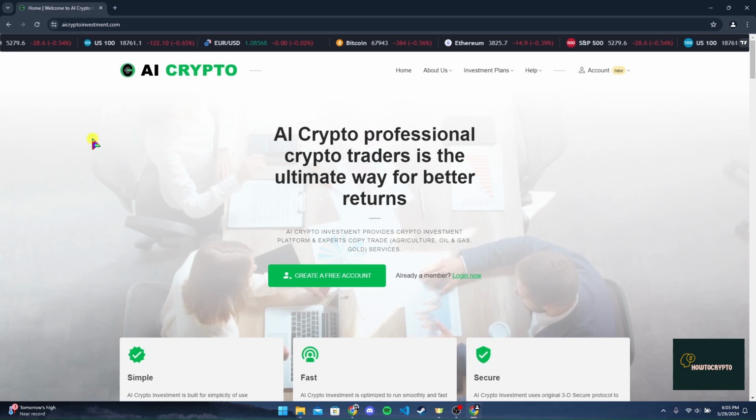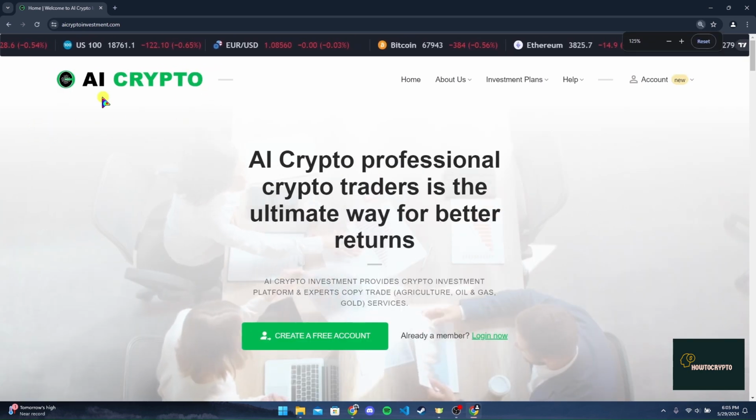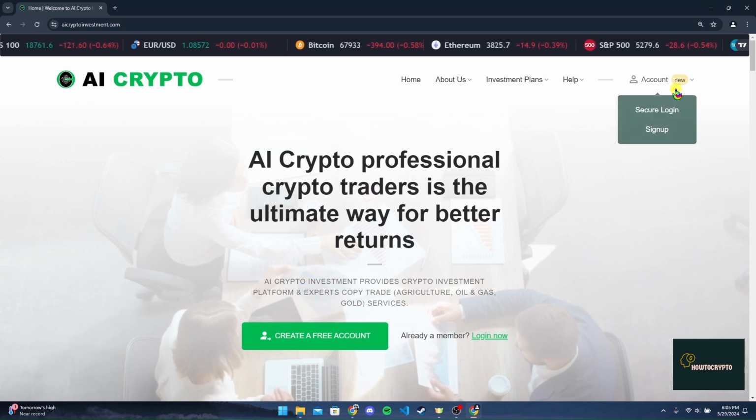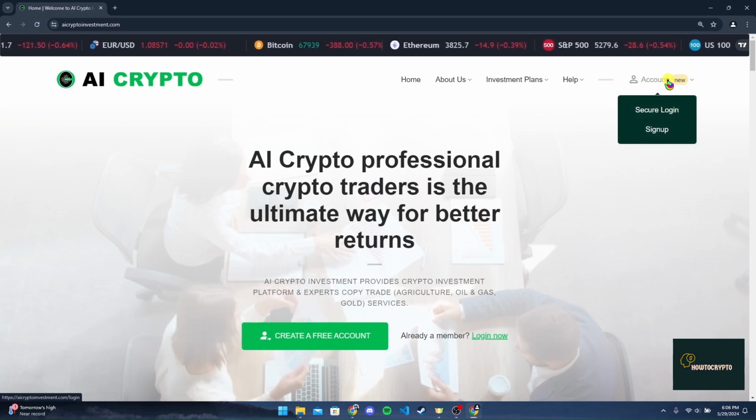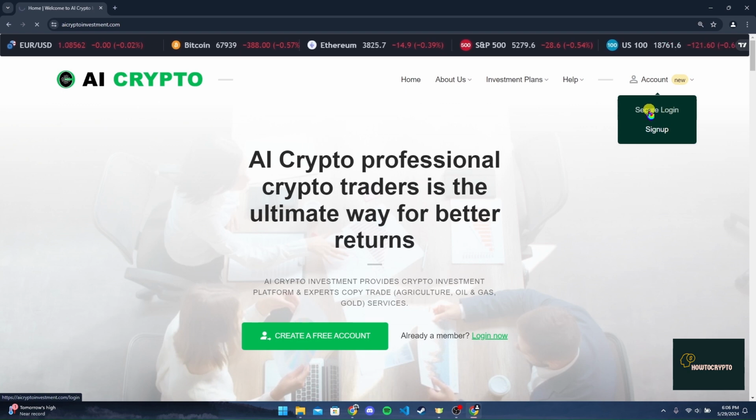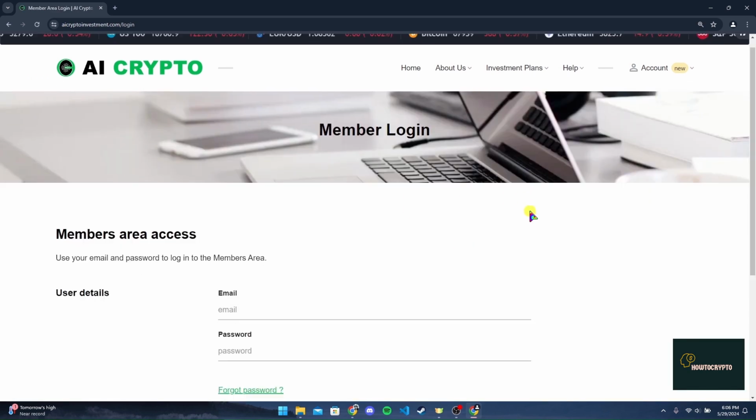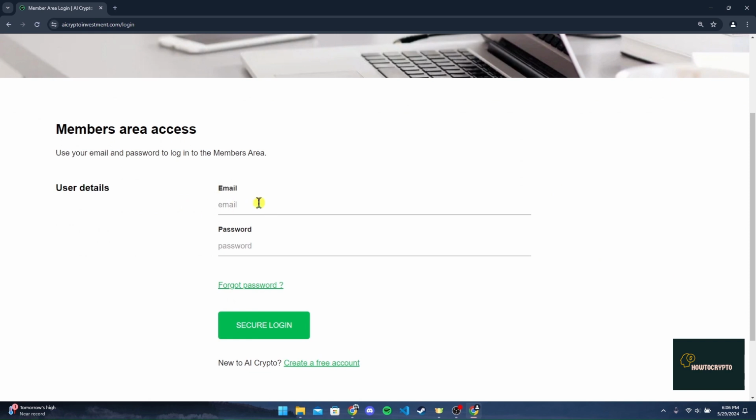After that, you'll be directed to the official homepage of AI Crypto. At the top right corner of your screen, you can see the Account option. Hover your mouse over it and then click on the Secure Login link here. Now, a login page will appear where you need to type in your email address and password associated with your